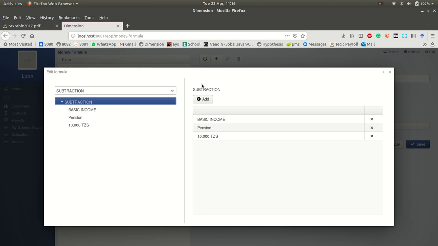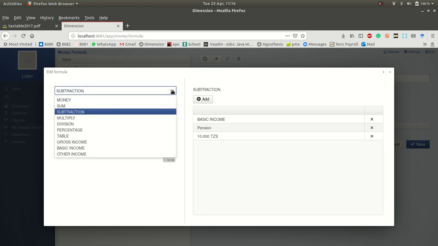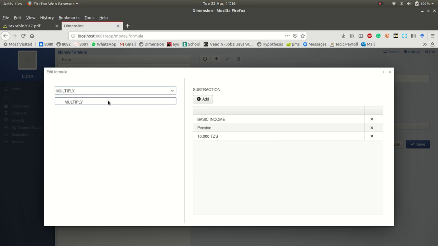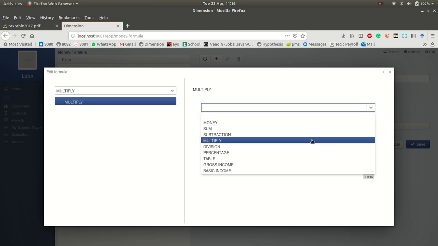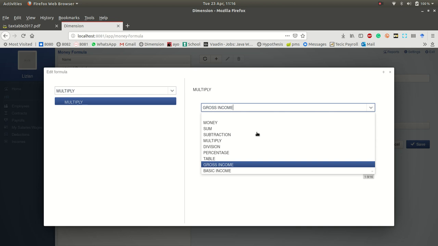This system can actually accommodate that, and the presence of these basic functions allows you to create a very dynamic formula as you want. Okay, so it can also be a multiplication. For multiplication, let's say you are creating house allowance, and house allowance is twice your communication allowance. So you can just come here and say, I want to multiply my